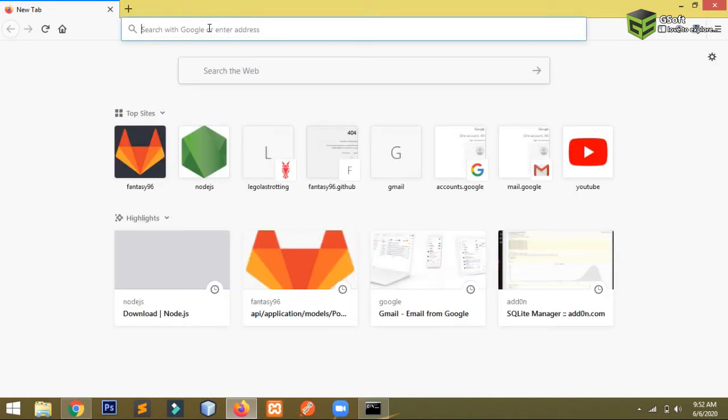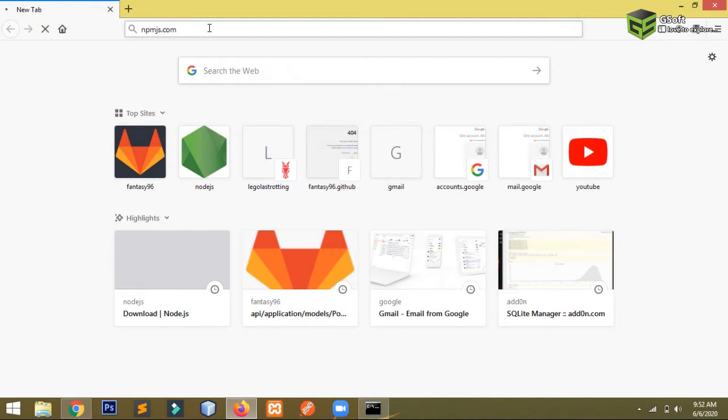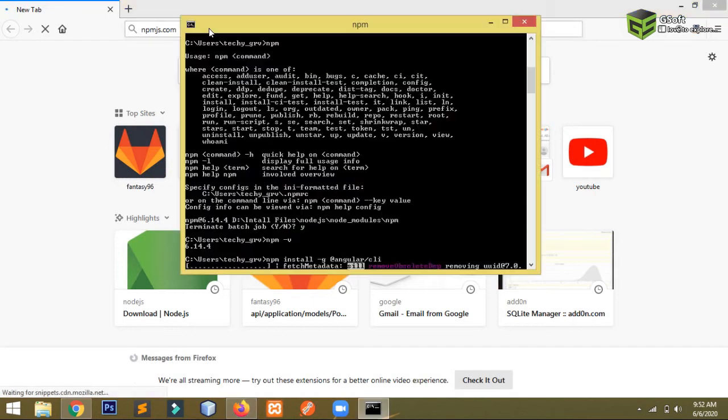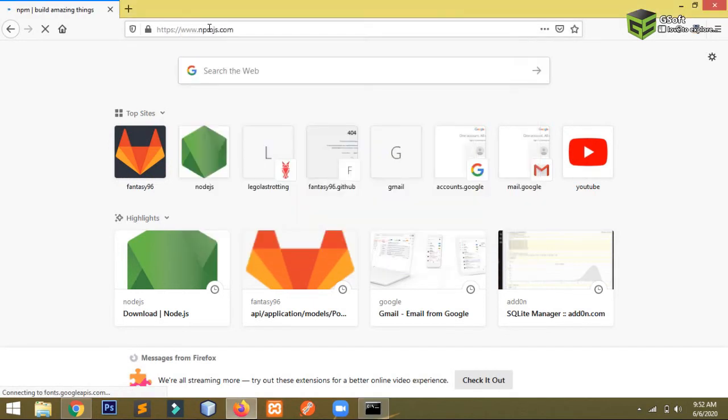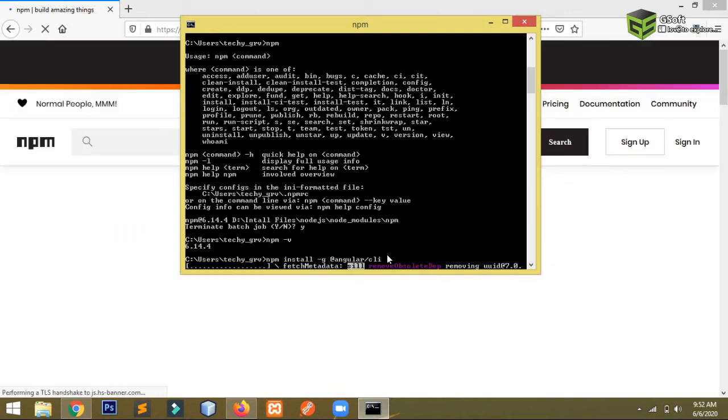Let's go to npmjs.com. It will use your internet connection to download Angular from the npm website.